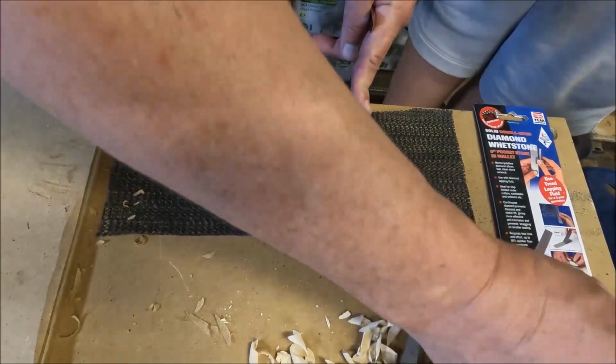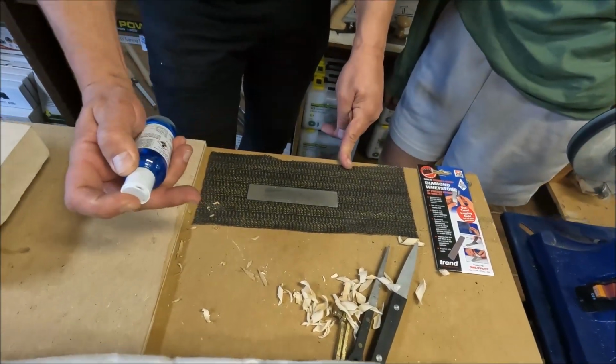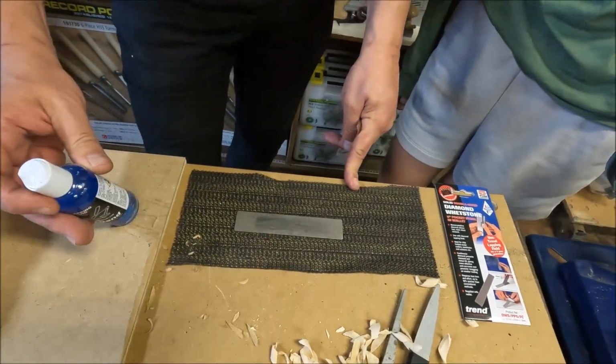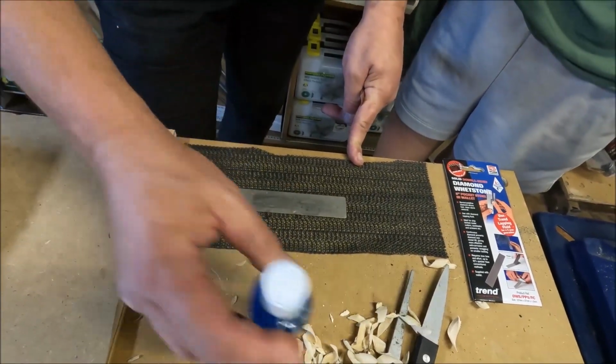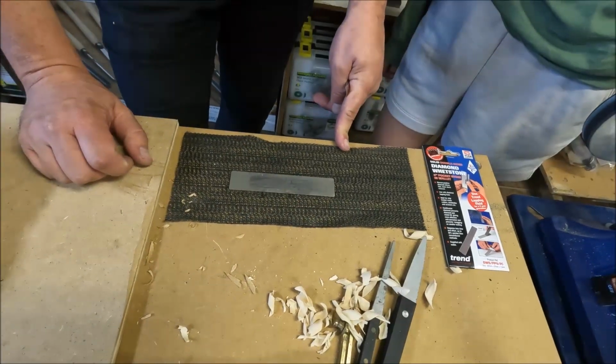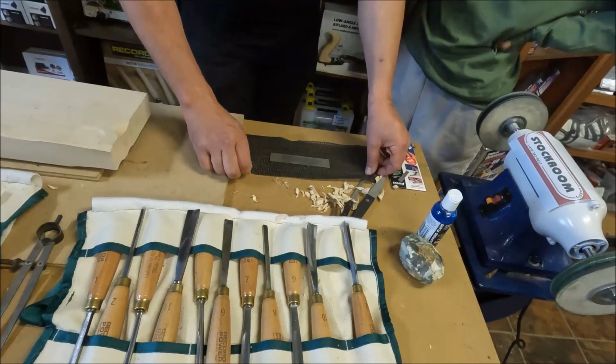Now, Ethan, what's this stuff? That's a lapping fluid, so pretty well every time you're about to use a stone, just put 2 or 3 drops on there, just a lubricant. It will increase the overall longevity of your diamond stones. All right, so the key is that